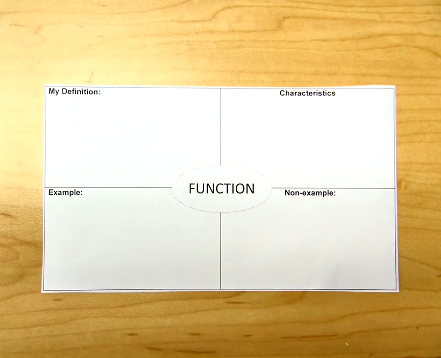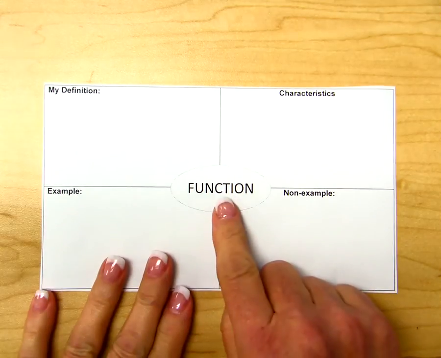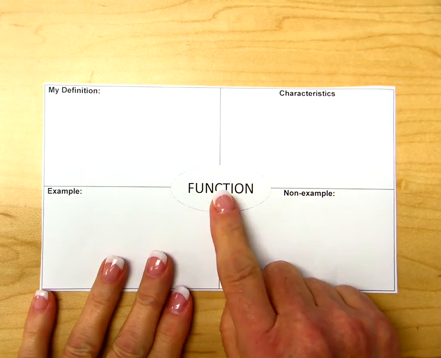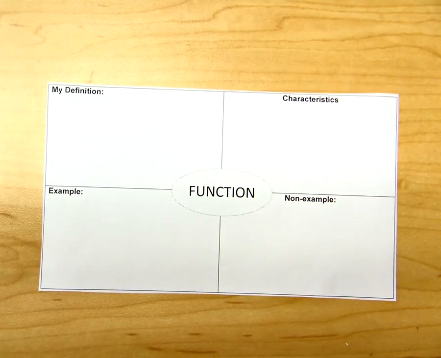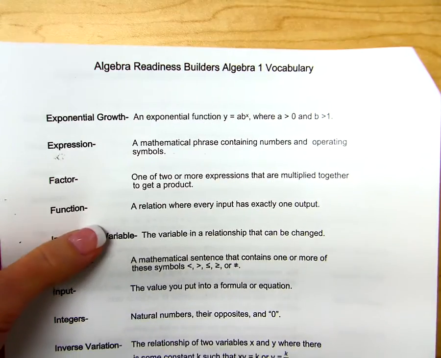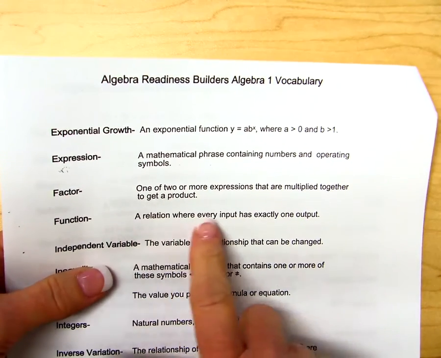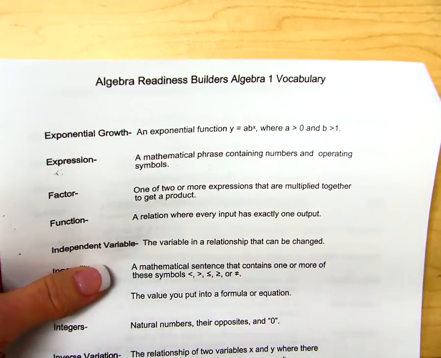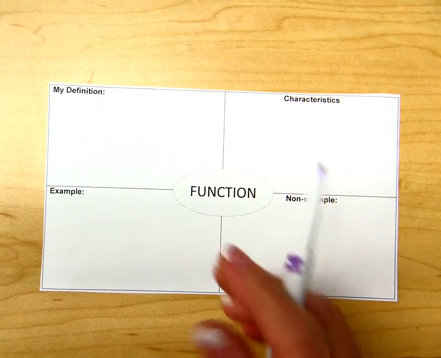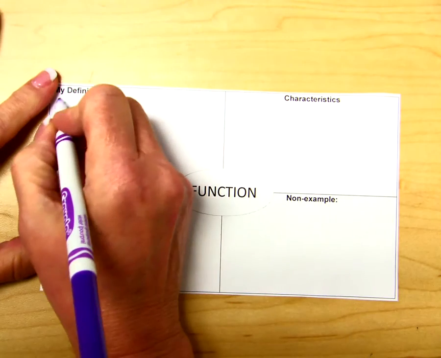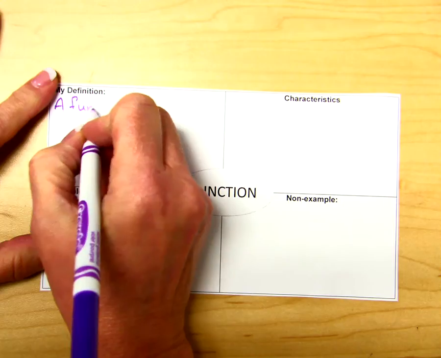What we have here is what we call a Frayer model, where the word that we're going to define is in the middle, and then we have these four pieces of information that we're going to write about it. So for my definition, we are going to use the definition that we see from our Algebra Builder vocabulary. It's a relation where every input has exactly one output, and I'm going to write that as a little bit of a different sentence. A function is how we're going to start our sentence,